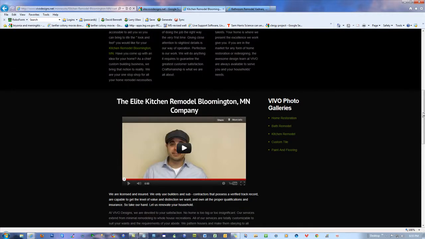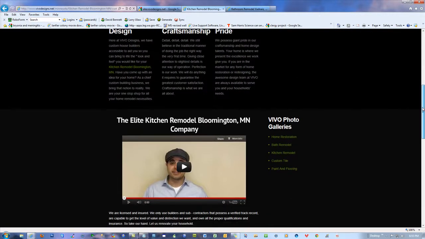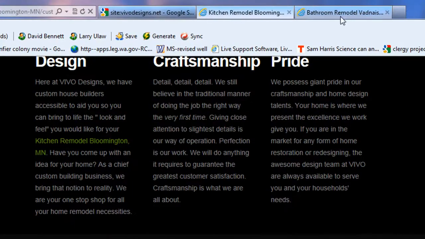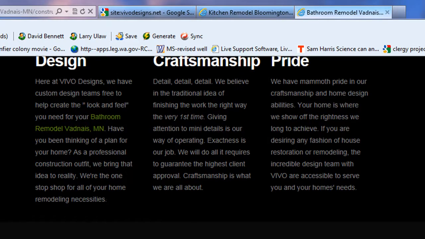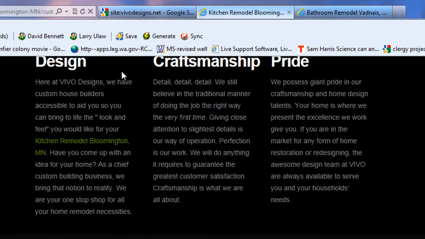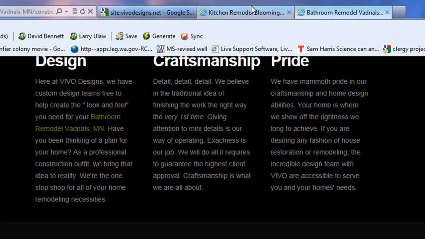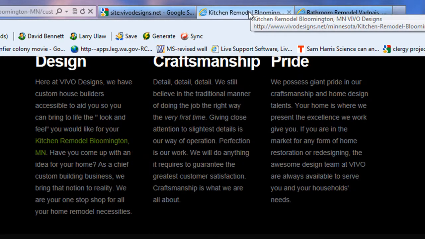Now let's go even further. They're using this header with design, craftsmanship, and pride across the top. Let's look at how that relates. It says design, craftsmanship, and pride on virtually every page anyway. They're sticking with that just to get the content locked down. But if you flip back and forth, you can see instantly that this block of text changes. It changes because the words are different.